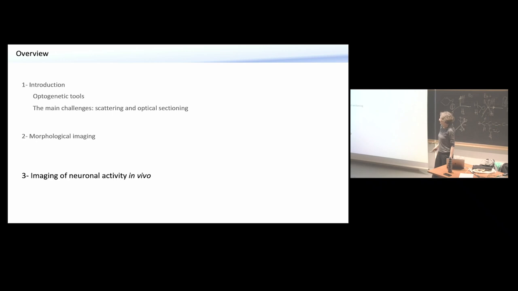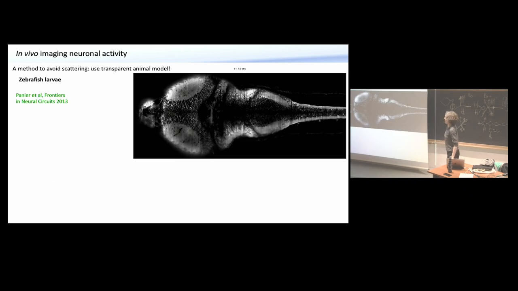Okay. So now moving on to the last section, which is how to measure activity, which is really what I work on. So I said one of the challenges is the scattering. So, well, why not use a non-scattering animal? This is what a lot of people are doing. They are using zebrafish larvae, as shown here, and they can image the whole brain very fast with light sheet imaging. So this is quite nice, but the problem with zebrafish larvae is that they are